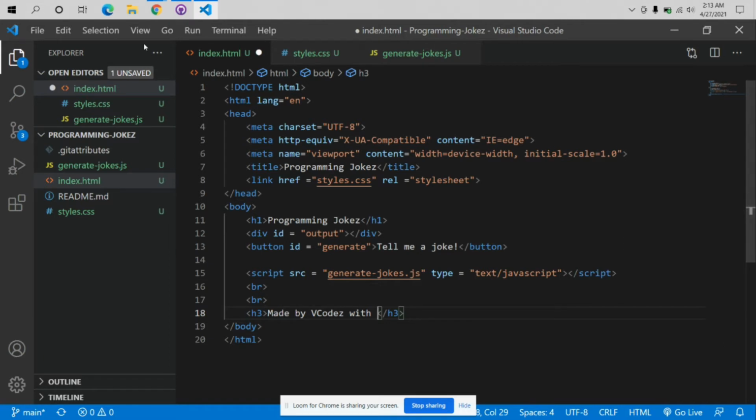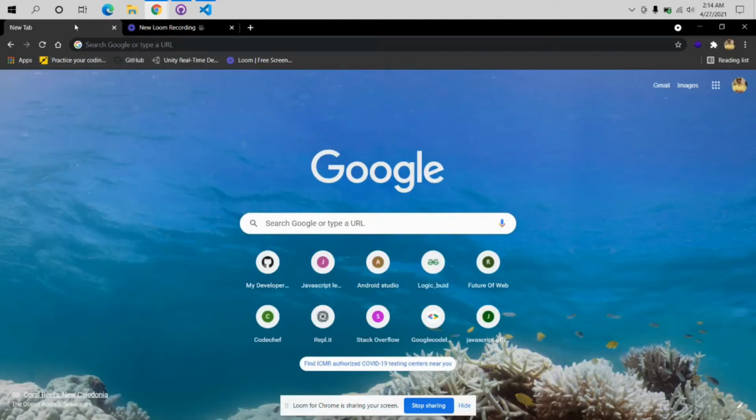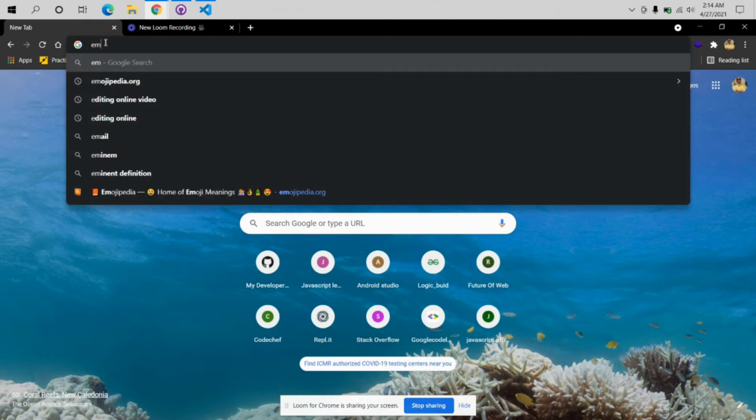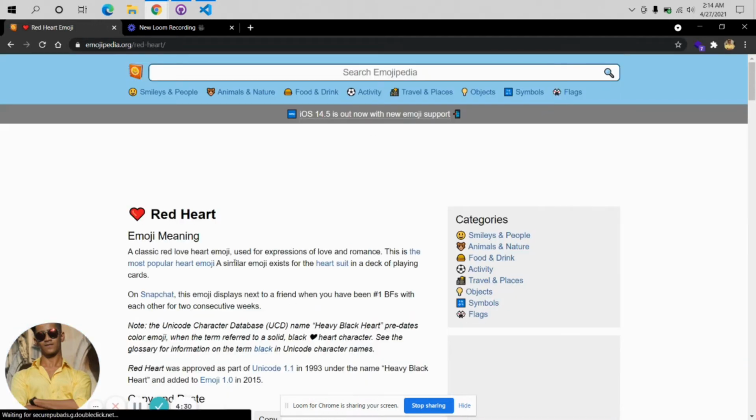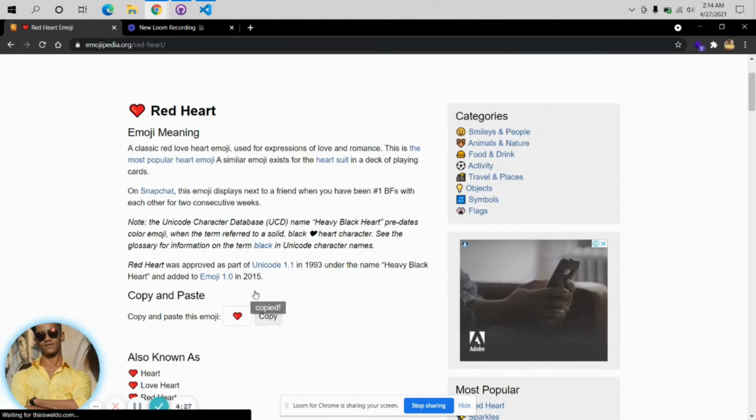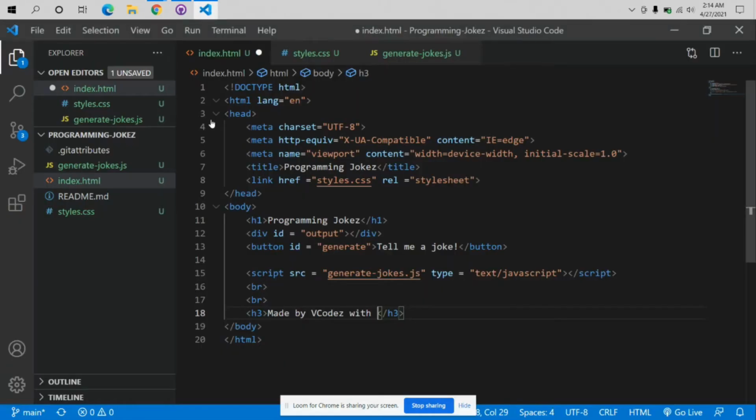Let's keep it as a symbol. Search for emojipedia.org. Take a red heart, copy it, get back to our code and paste it over here. Made by V codes with love,